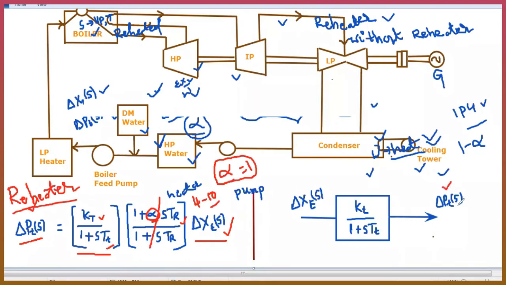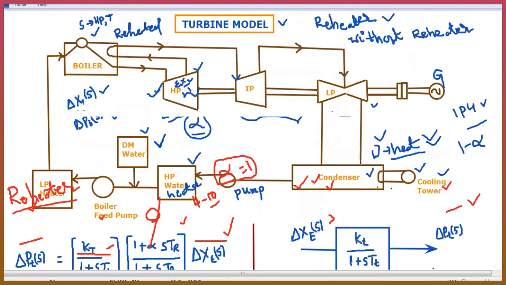It shows the output of the turbine and the input to the turbine. The steam valve setting or valve power is given as input to the turbine. KT by 1 plus S TT is multiplied with the input to get the output. If there is any change in the valve setting or valve power, it automatically impacts the power output of the turbine, or shaft power, which is given as an input to the generator. So it also changes. This is how these are interrelated. This is the entire model of the turbine.